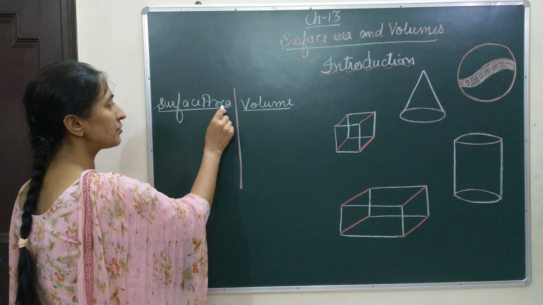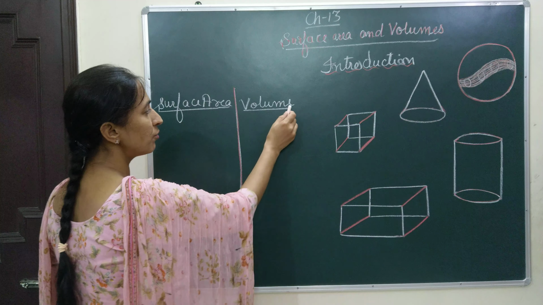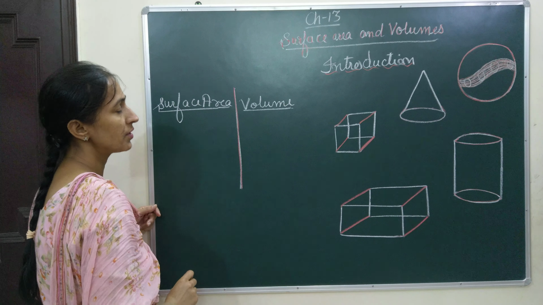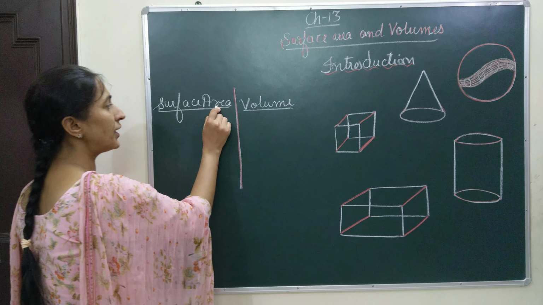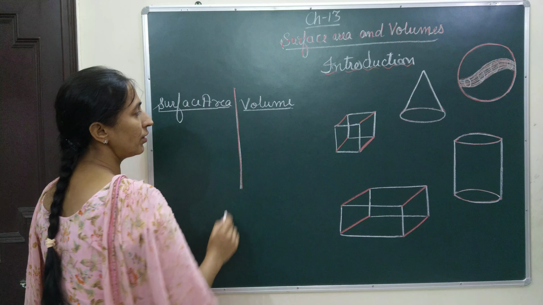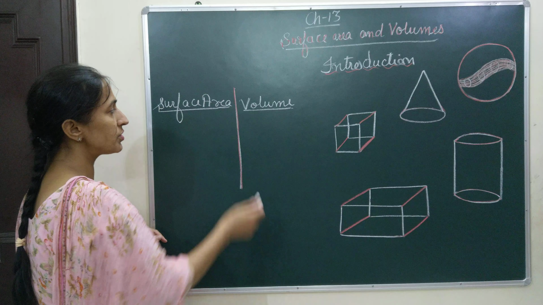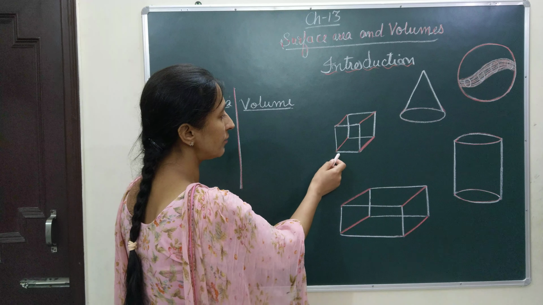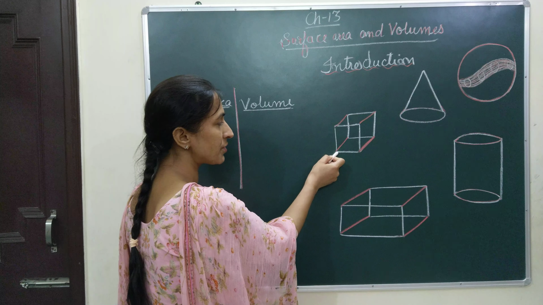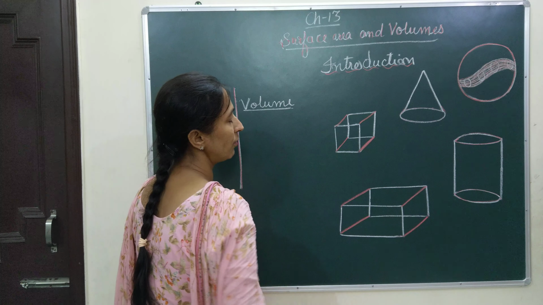You know all the formulas for surface area of these shapes and you know the formulas for volume of these shapes. But what will happen if that is not mentioned, that you are going to find surface area or you are going to find volume? There are sometimes some questions when it is not mentioned there. So here I am going to make you clear whether you are going to find surface area for some examples or we are going to find volume.